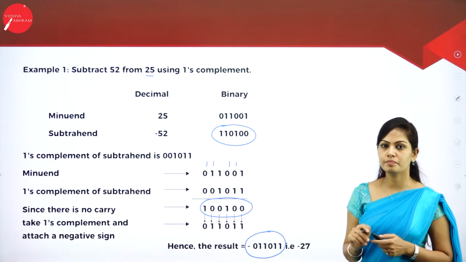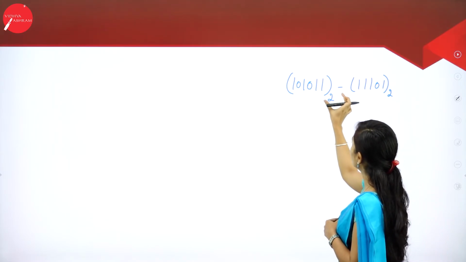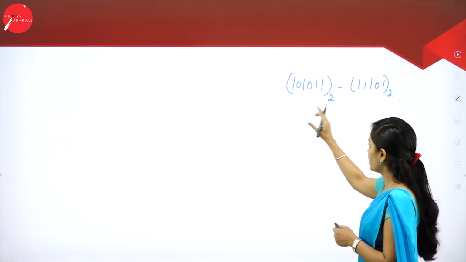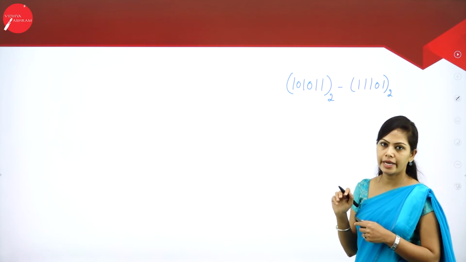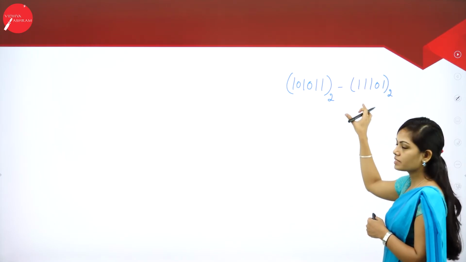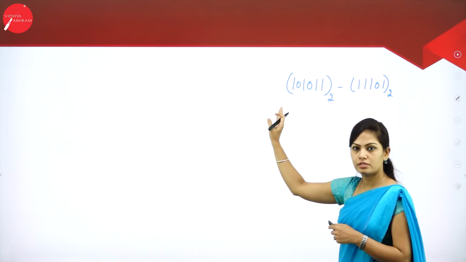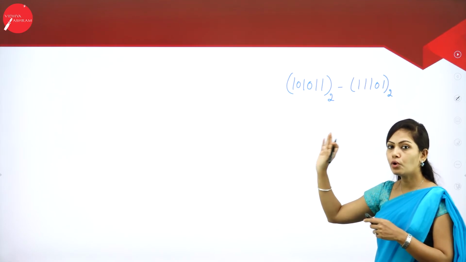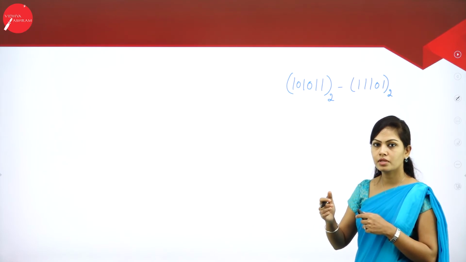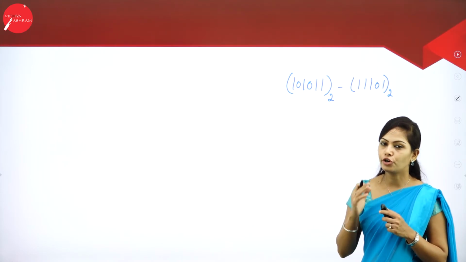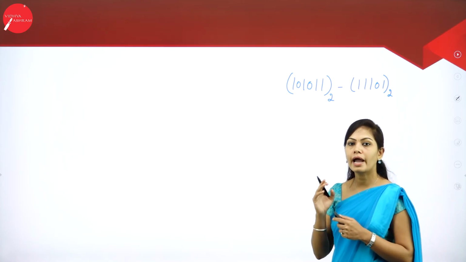Very important question. Next problem, example problem. Please practice this problem. Here we have two binary numbers. Directly they have given the two values. So this is the minuend and this is the subtrahend. Use this subtrahend, find the ones complement for this value and add this ones complement to the minuend. After that, there will be no carry. No carry means again you recomplement the answer and put a negative symbol in front of the answer. You will get the final difference. This is case 1 and case 2.